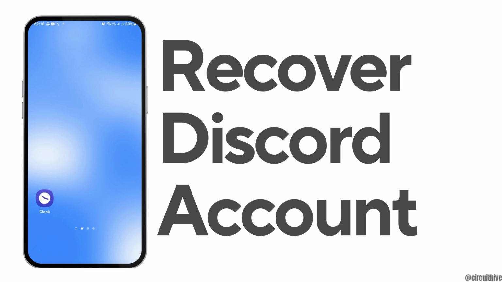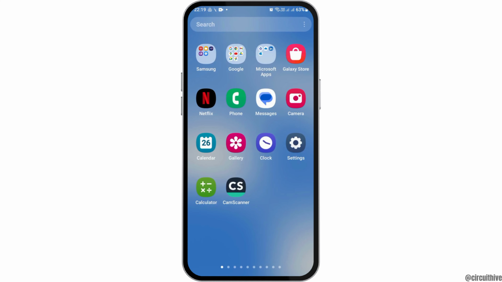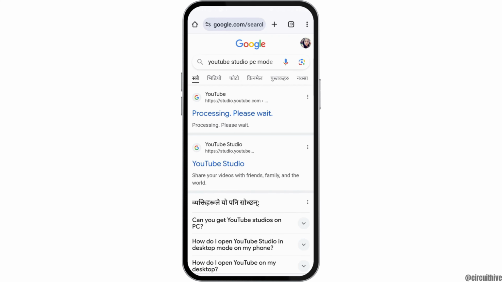How to recover your Discord account on Android. If any day any of you are a Discord user and you're facing a problem with your Discord account and you would like to recover it but you do not know how to do that, just follow the following steps. For this, first of all, you have to go to Google Chrome on your mobile device,